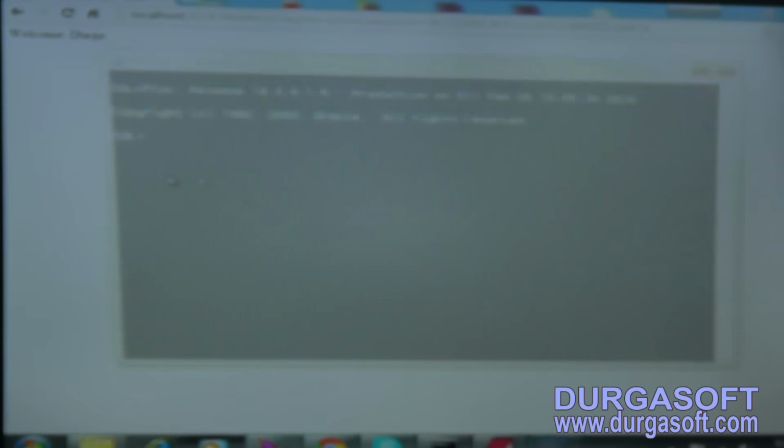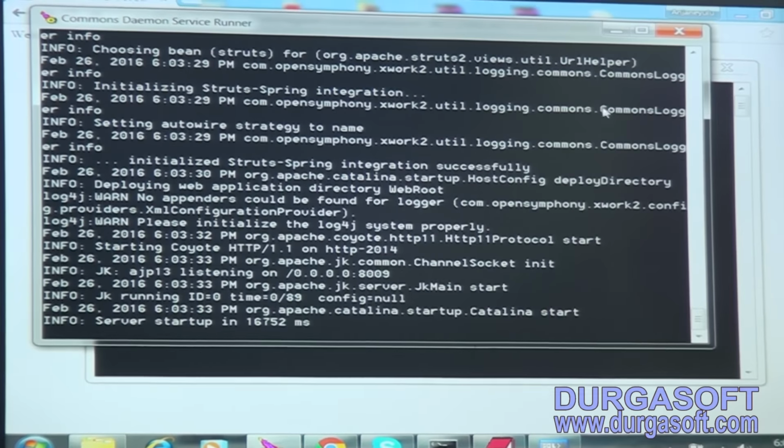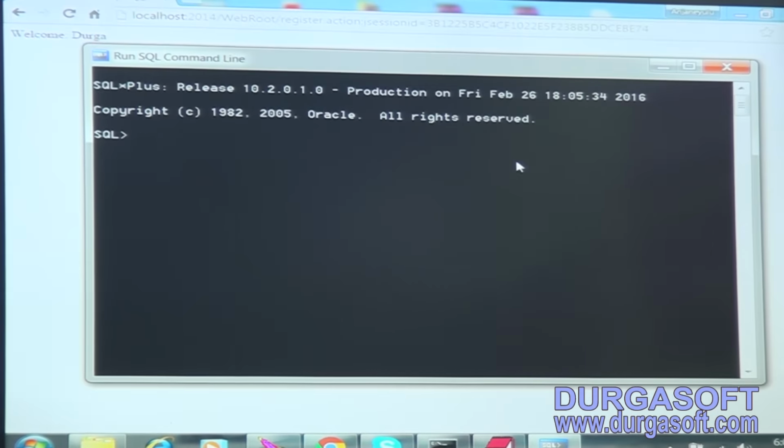Now we'll see the database. What is the database table name? Connect, DurgaTech, slash DurgaTech. What is the table name?